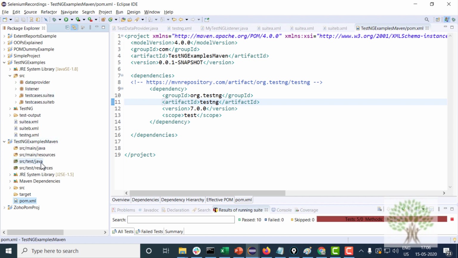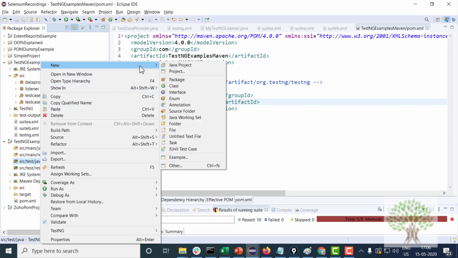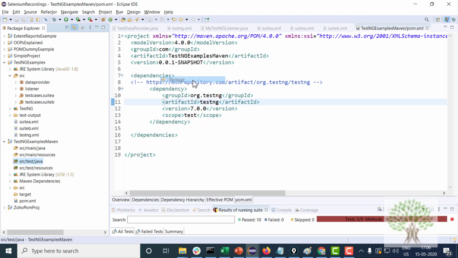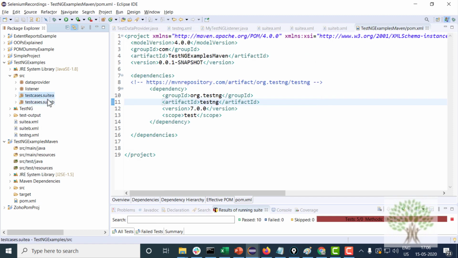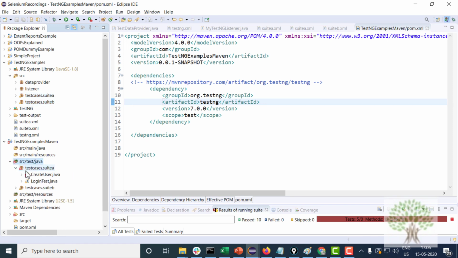We had these 4 packages. So in src/test/java, I will make a new package known as testcases dot suiteA and suiteB. I'll just copy paste 2 packages from here instead of making them.